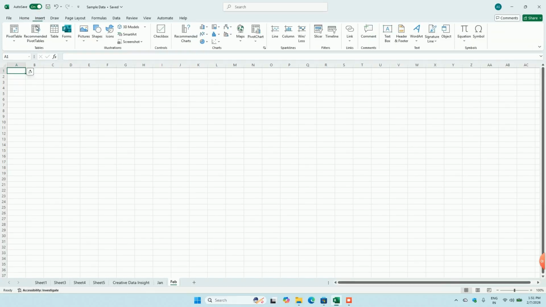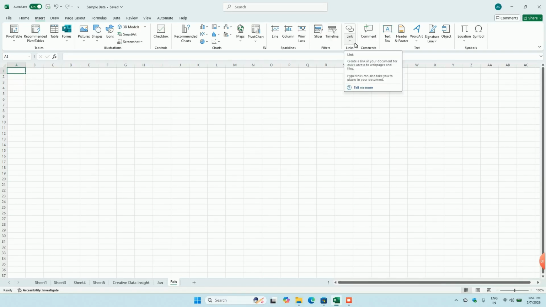And then we have Insert, if you want to insert any pivot table, or create any form so that we can distribute it and collect responses in Excel. And then we have a few more options which we can plug in while we are doing formatting and all, or making it more presentable. And then a checkbox option, and then we have charts, which we can use to visualize our data. And then we have a slicer, which will be helpful in a pivot table.